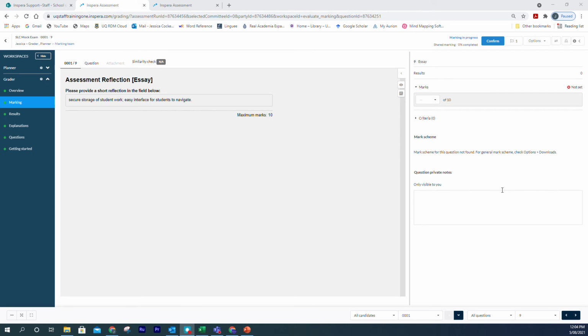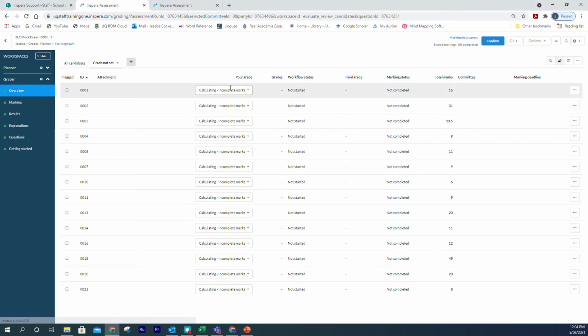So now I've got to the end of my quiz. I didn't show all of the questions here because some of them repeated question types. But now I'm at the end and I've got a reflection, which is an essay type question, and it's not automatically marked. You would have seen when I went to overview, it says calculating incomplete marks. And here I have